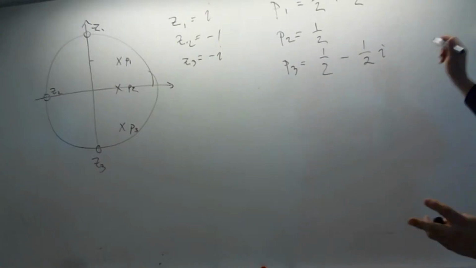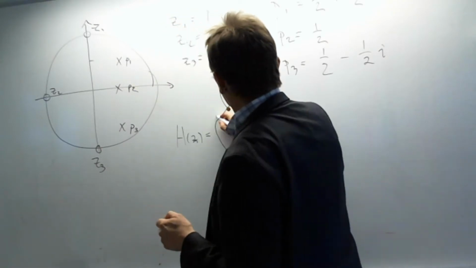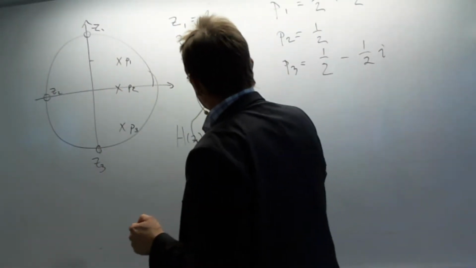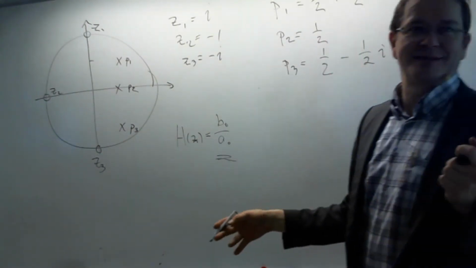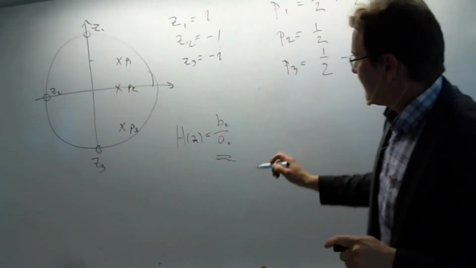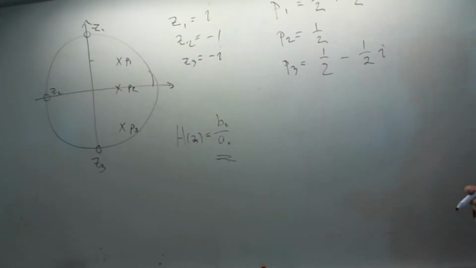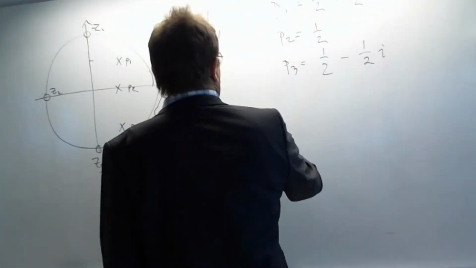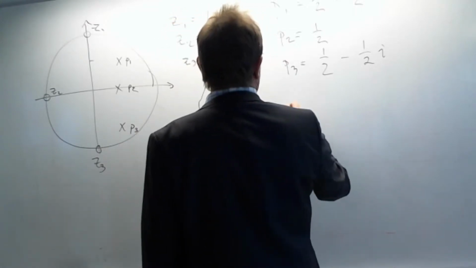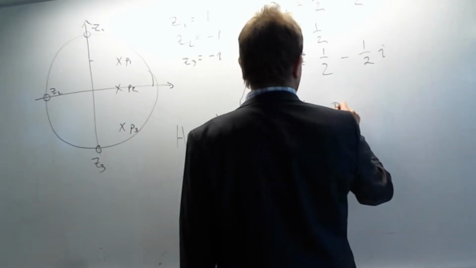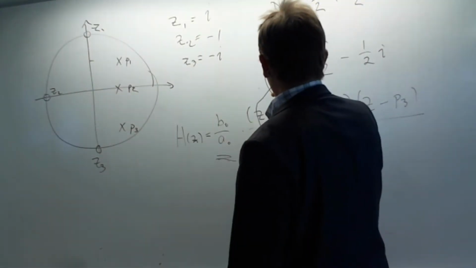Okay. So now we can actually do H of z. The only thing which is missing is the gain. We don't know the gain yet. But that's one part, to find a gain so that you will have unity gain in passband. Okay, so we have Z minus Z1 times Z minus Z2 times Z minus Z3, and downstairs Z